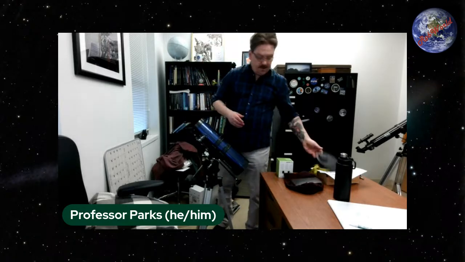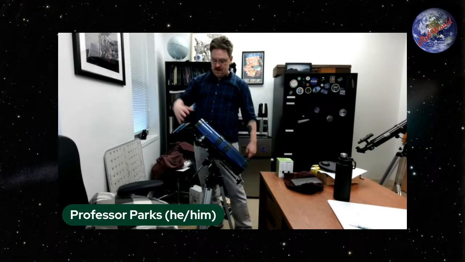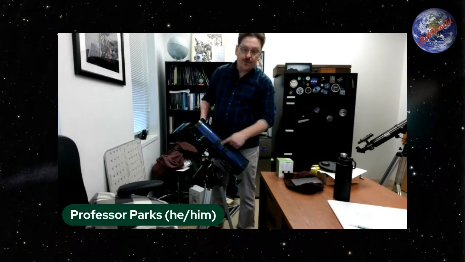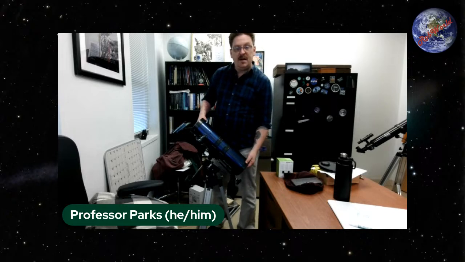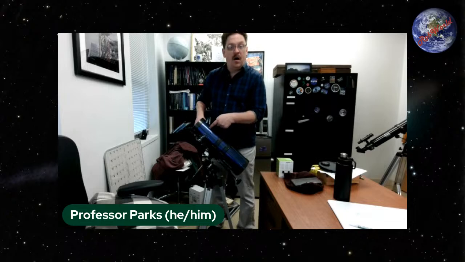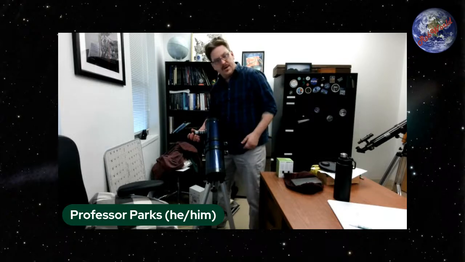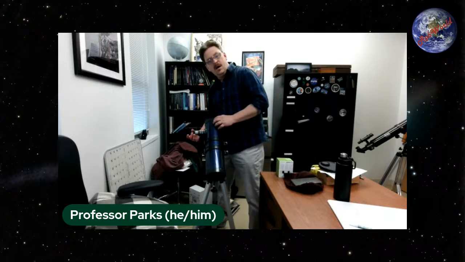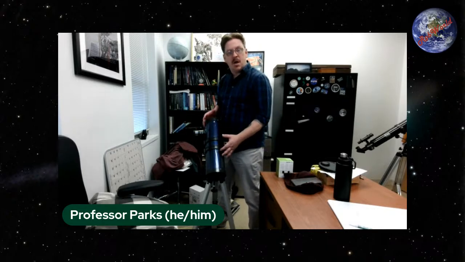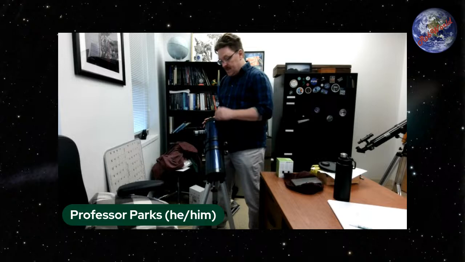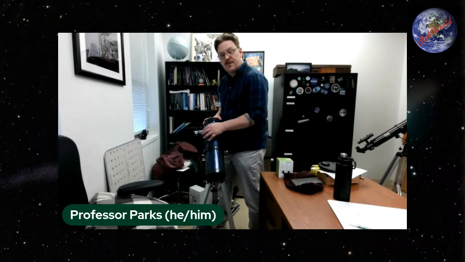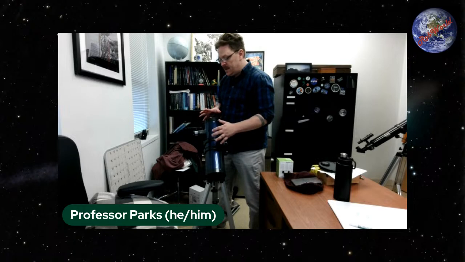So what happens is light comes down through the top of this tube, hits a mirror down here. That mirror then focuses the light up to a flat mirror here, often known as a secondary mirror, and that light gets redirected out to the side to, in this case, an eyepiece, or you can put a camera or any sort of detector that you want over here. So this is what is known as Newtonian optical design. Like I said, it uses mirrors to reflect the light to your detector.